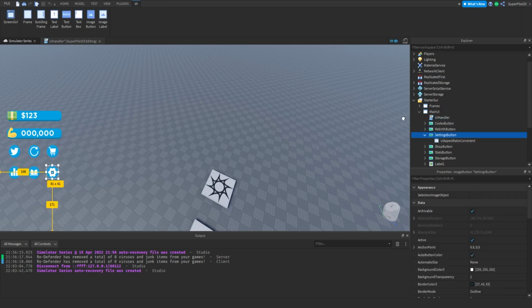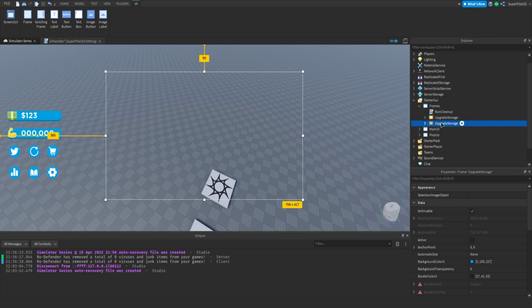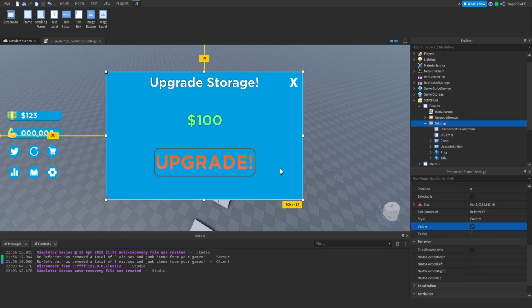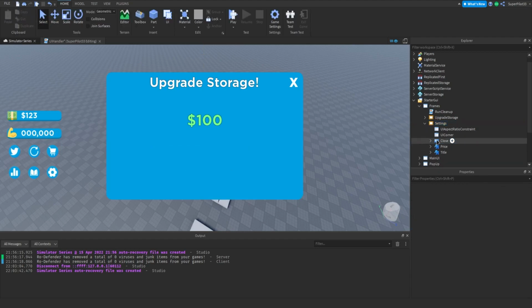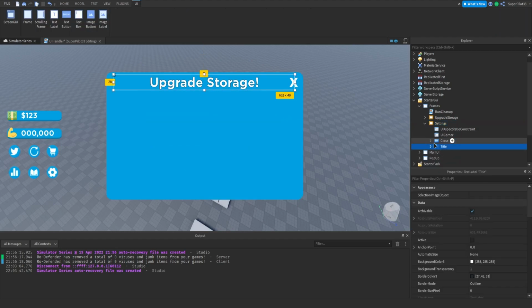From there, go to the actual frames GUI, duplicate the upgrade storage, because it's going to be relatively the same. Name it settings, and then we can start customizing. I'm just going to make it visible first, and we're going to get rid of the upgrade button. We don't need price either. Title, I'm going to change it to settings,